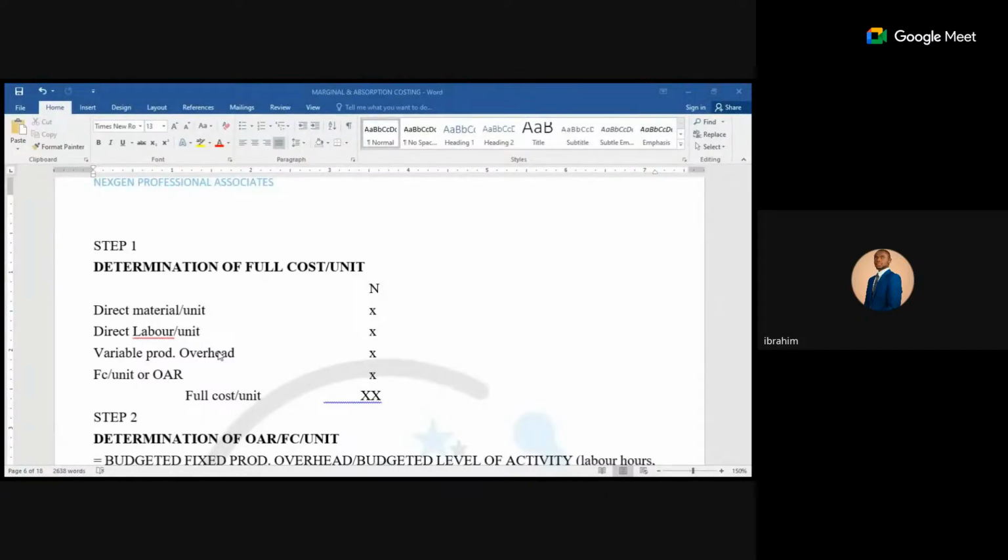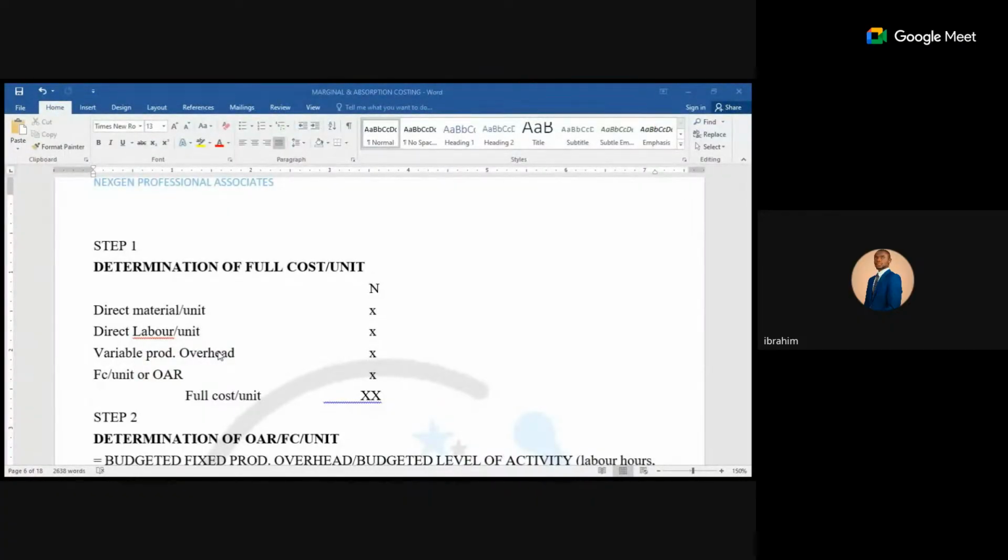Did you see variable selling here? Variable selling is not part of production at all. Whether non-production, it is not. You will not use it to determine full cost. That is why we have here the variable production direct labor. Variable selling is for sales, class. You don't include it. I've mentioned it in our previous class, please. You can check marginal costing again. Now, if you add everything together, you will have full cost.